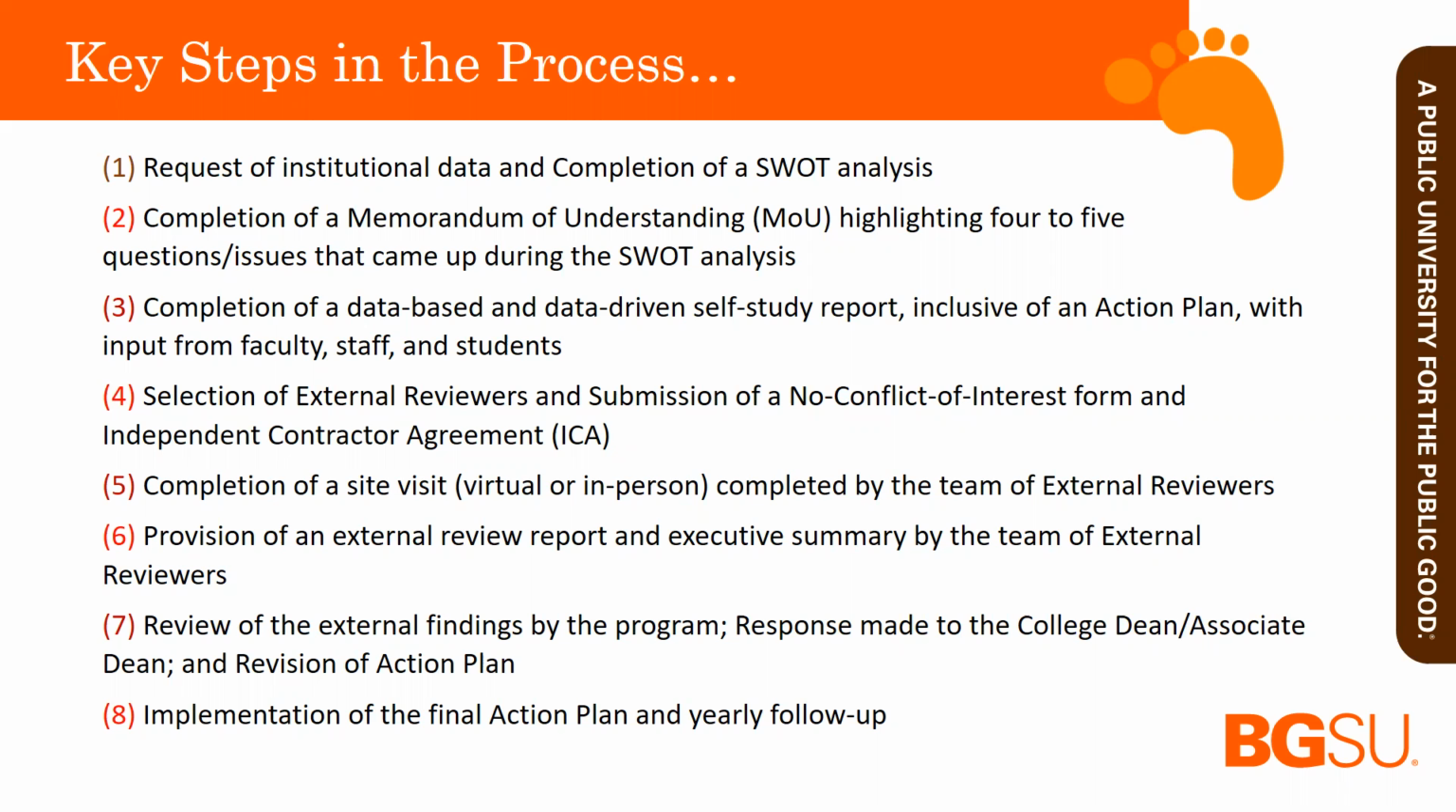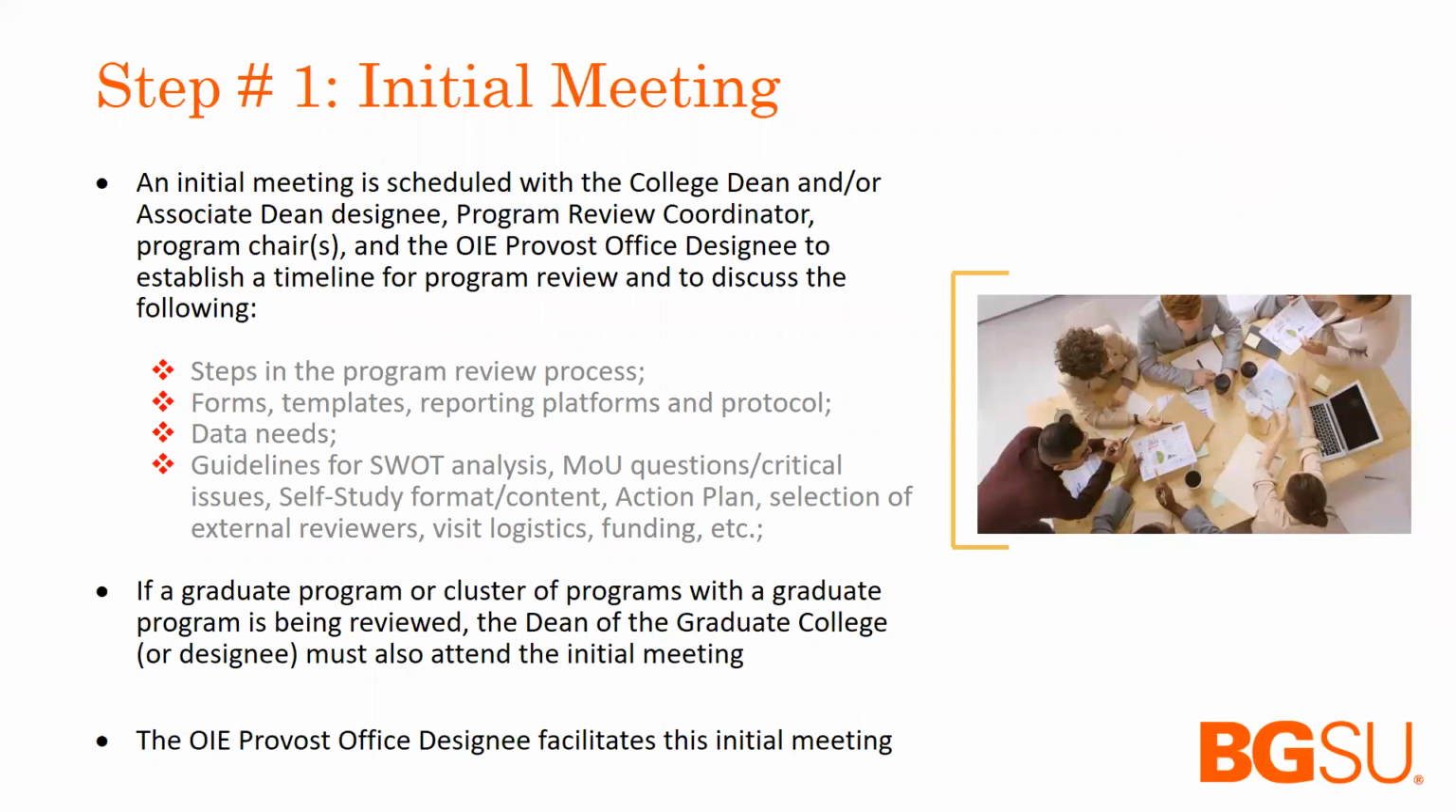Now let us review each of these steps one by one. Step 1. An initial meeting is scheduled with the college dean and/or associate dean designee, program review coordinator, program chairs, and the Office of Institutional Effectiveness provost designee to establish a timeline for program review and to discuss the following: steps in the program review process, forms and templates or reporting platforms and protocol to be used, data needs, guidelines for conducting the SWOT analysis, MOU questions, critical issues, self-study format, action plan format, selection of external reviewers process,